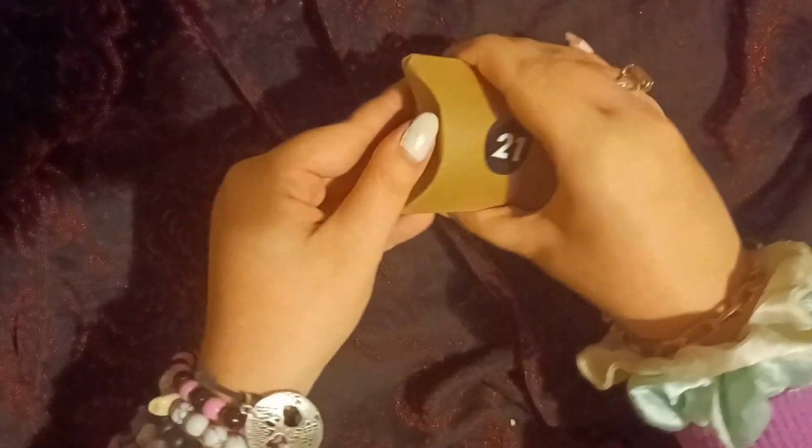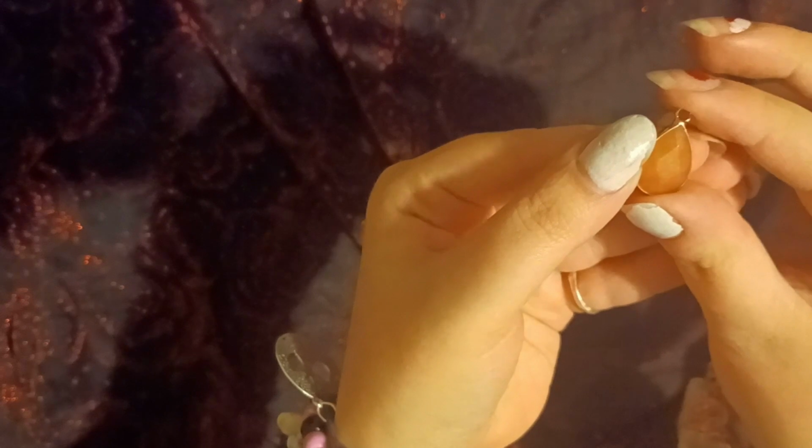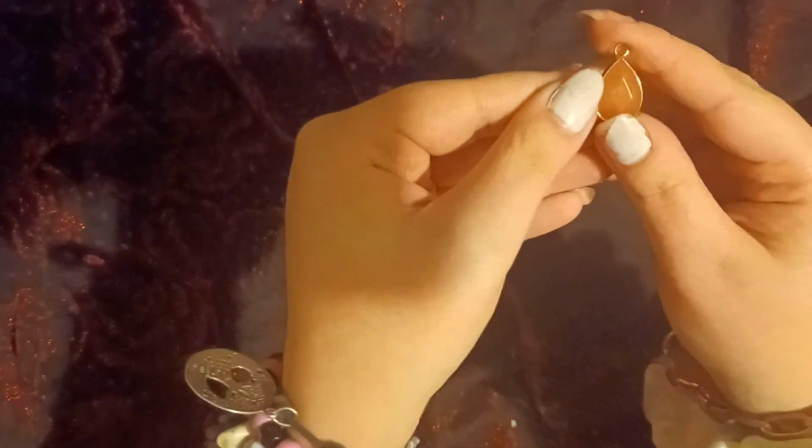Number 21 rattles around very nicely. Maybe we're gonna get another stone, or oh no, we got another pendant. It's an orange color. If it's a real stone, my first guess is citrine, but I obviously don't know every